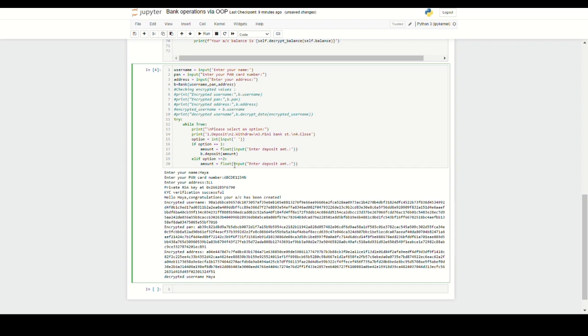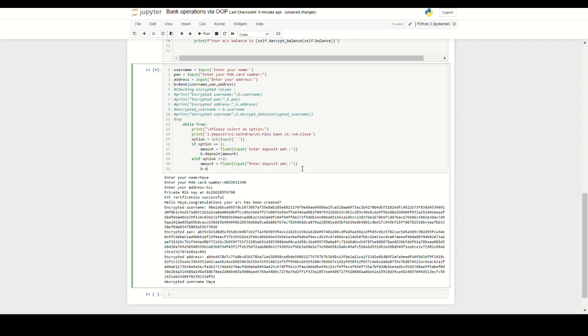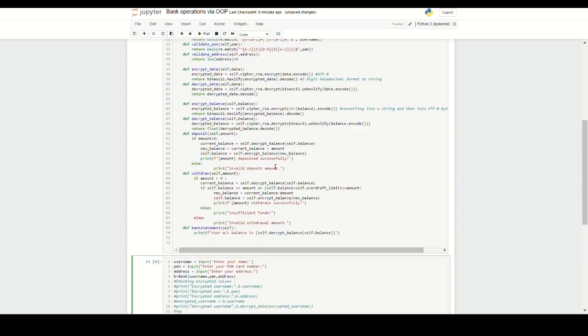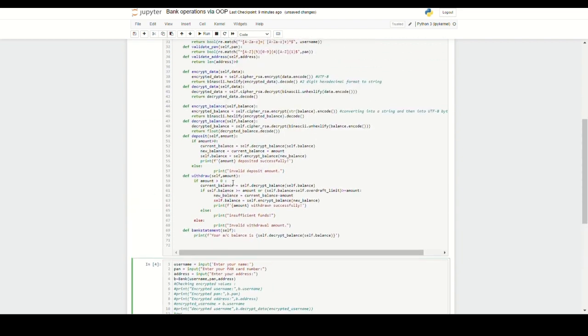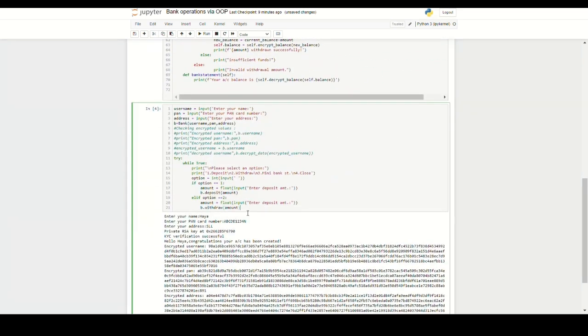This was a deposit amount. Second option is withdrawal. If it's withdrawal, again, it can be in float, it can be in decimals. So I'm just going to call b dot withdraw and amount. Because we have to call the amount here in the bracket. I've defined it. So b dot withdraw amount, whatever amount he'll give here in the decimal format also, it will